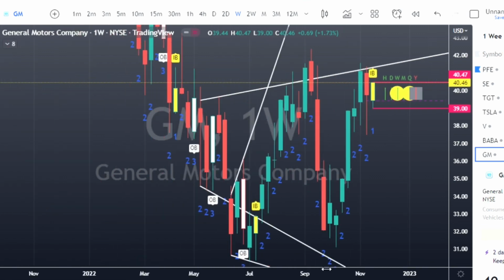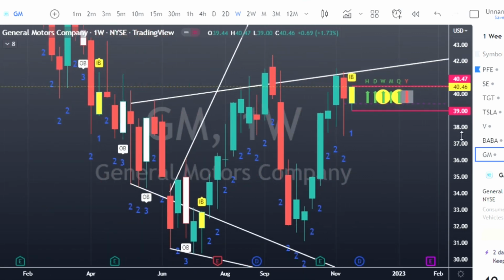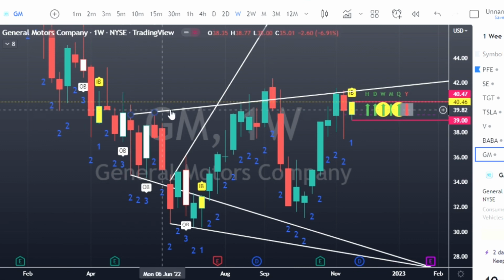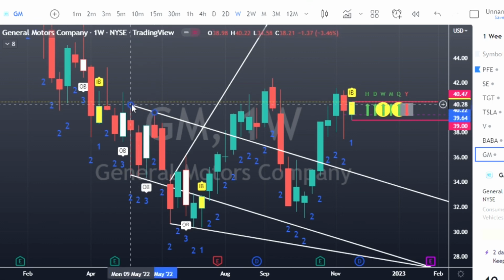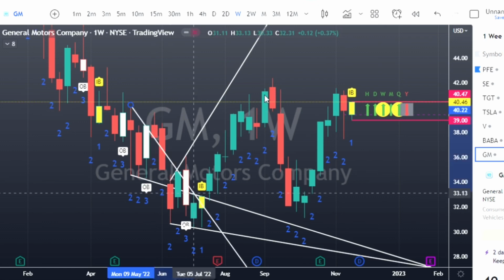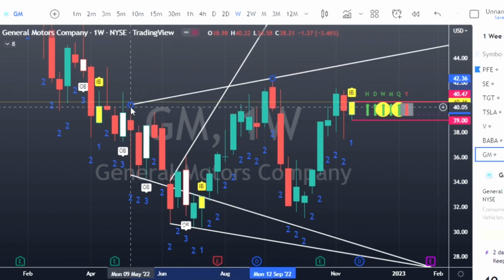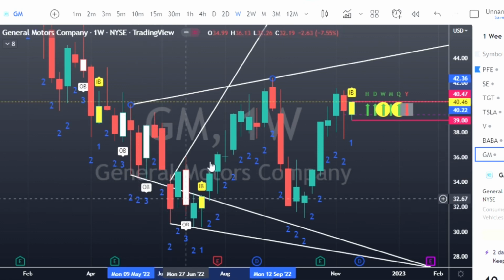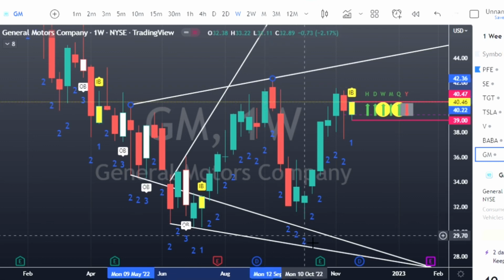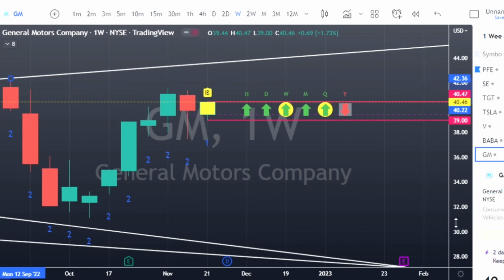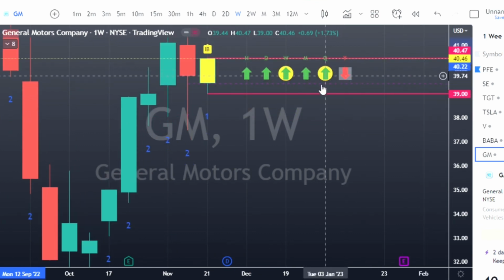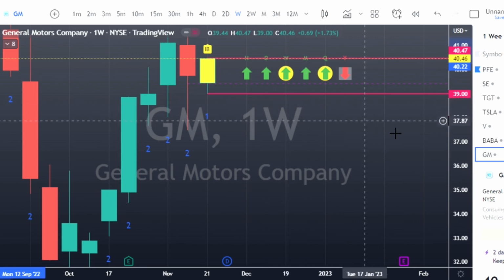Let's zoom out. And again, you can draw broadening formations from highs to highs, lows to lows. I don't even think these are drawn on the monthly chart. I'm not sure. Even if we drew them there, we can do that. Okay. Highs to lows, coming back up, back down to the lows, back up to the highs, back down to the lows. Where are we going next? Where's the next two? Inside bar, General Motors, calls at 40.47, puts at 39 bucks.